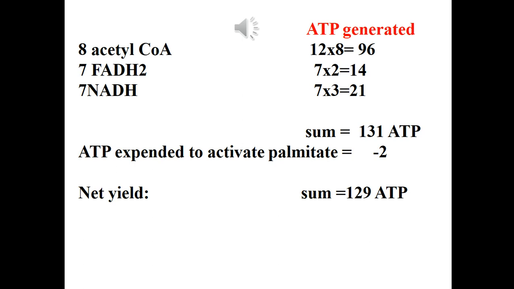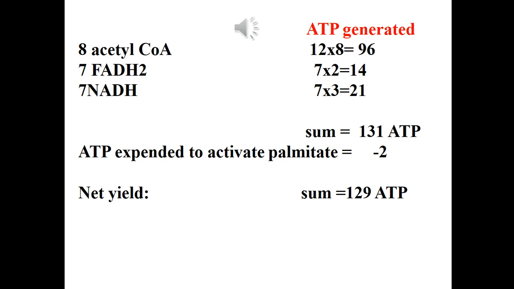Also, each molecule of FADH2 will produce 2 molecules of ATP by electron transport chain, so we multiply 7 by 2, 14 ATP. Also, each molecule of NADH produces 3 ATP by electron transport chain, so we multiply 7 by 3, 21. So the sum of this ATP equals